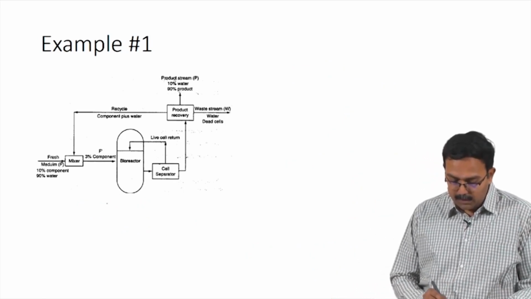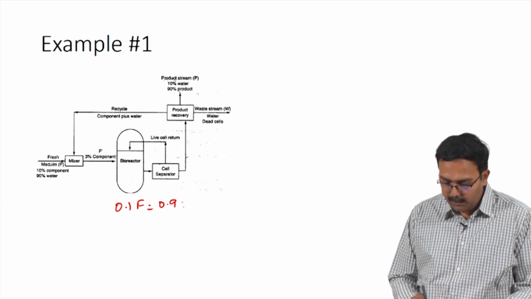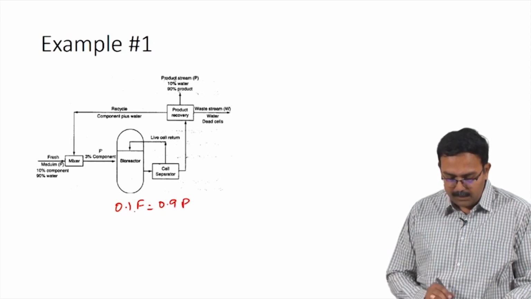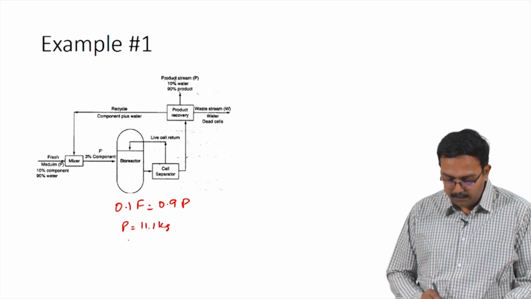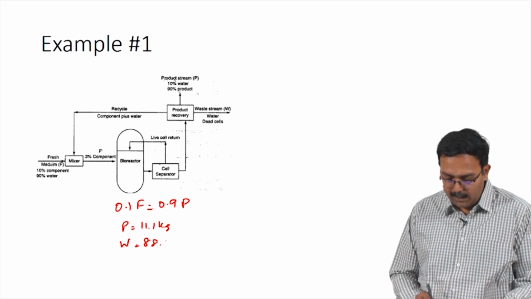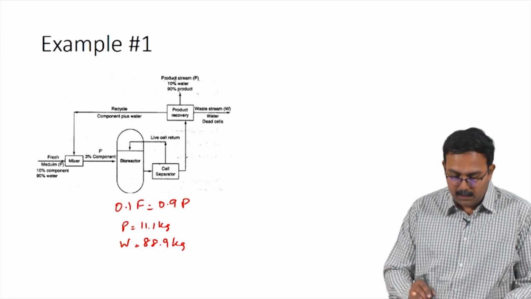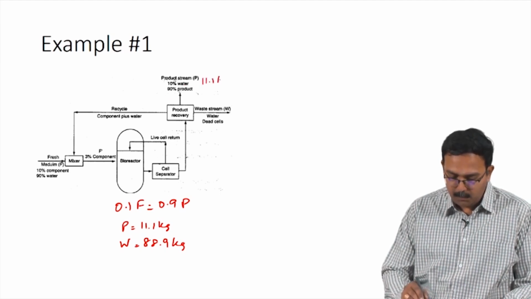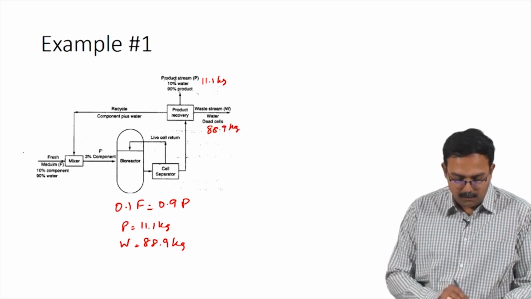Substituting the value for consumption in the component balance equation, we would get 0.1 F equals 0.9 P. As F is 100 kilograms based on the basis, we can calculate P as 11.1 kilograms. Substituting this value for P in the total balance, we would get W to be 88.9 kilograms. So, we have calculated the product stream as 11.1 kilograms and waste stream as 88.9 kilograms for a fresh feed